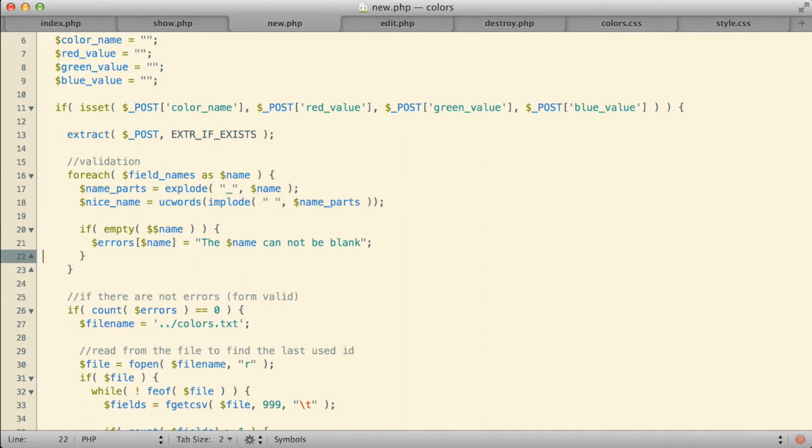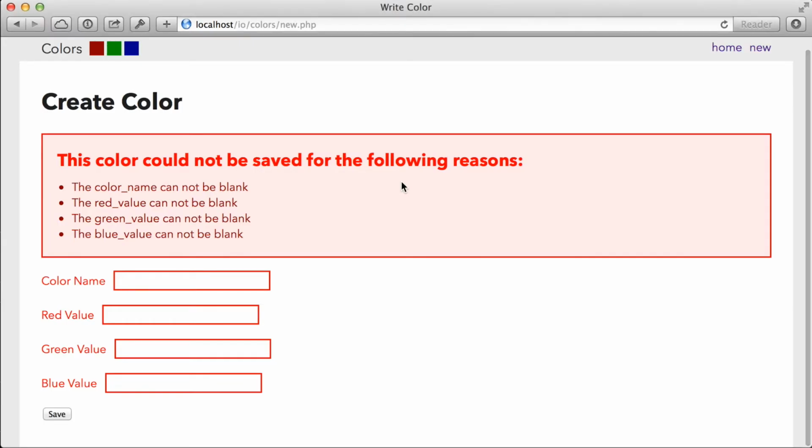There we are. And here in the error message itself, where the user is actually going to see the name of the field, I'm going to make that the nicename. There. Let's take a look in the browser and see how it works. I'll hit refresh. And there we go. Now in the error messages themselves, they're getting those much nicer looking names. I'm not sure if we want the capitals there. For some reason the capitalization there throws me off a bit, but we could go ahead and remove the ucwords at that point easily enough if we wanted to. But overall, I think that's a much better look for the way that this page is going.